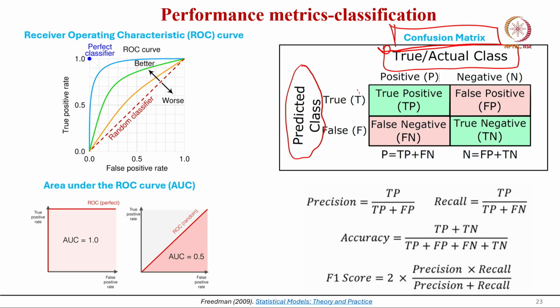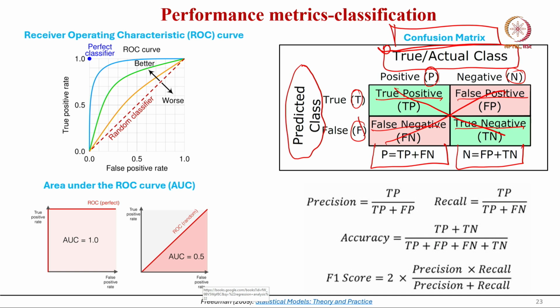And the true or actual class, here it is true and false, and this is positive and negative. So, there is something called true positive TP, false positive FP, false negative FN, and true negative TN. So, you have some cases that are true and some cases that are false. Positive means true positive plus false negative, negative means false positive plus true negative. Okay. So, false positive means it should be negative, and true negative is already negative. Similarly, positive means TP, true positive, and false negative.